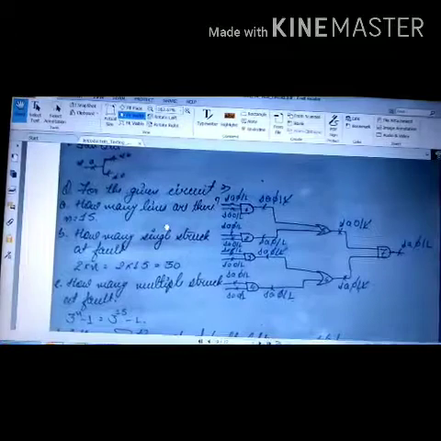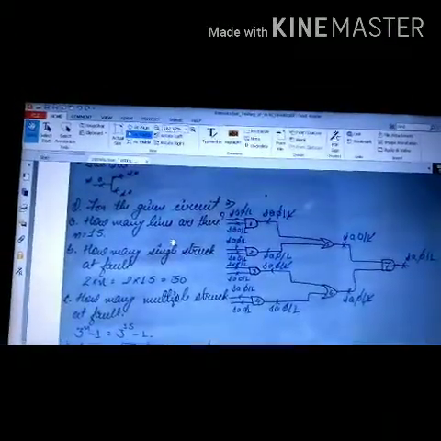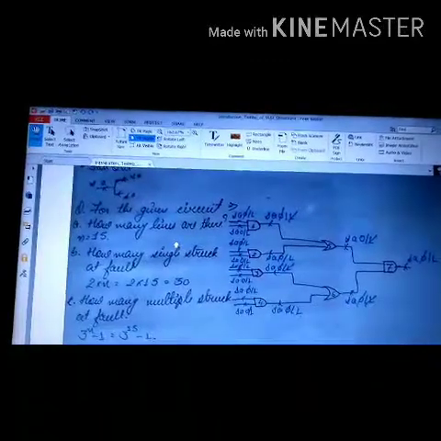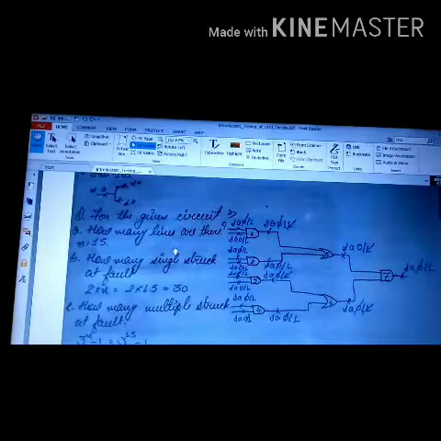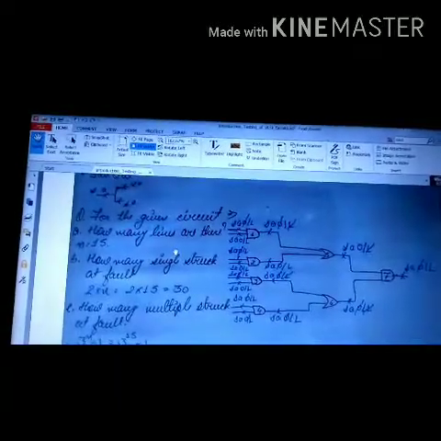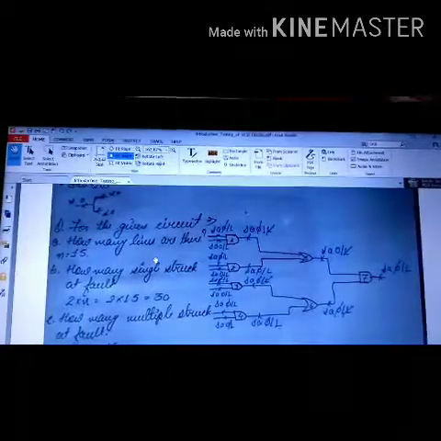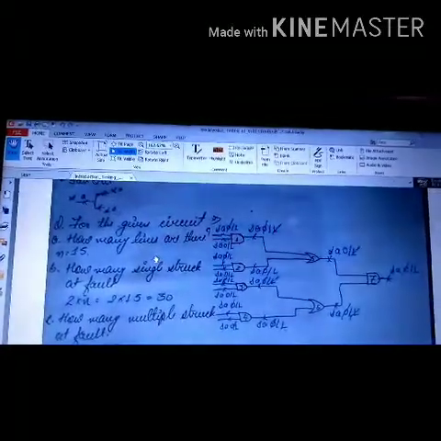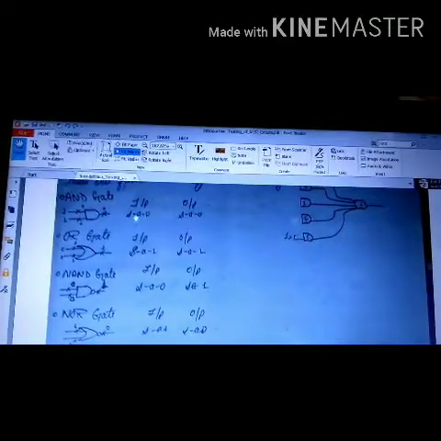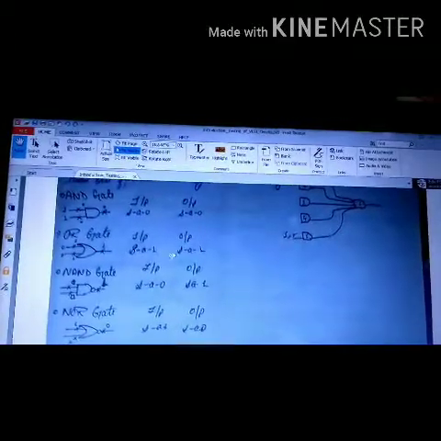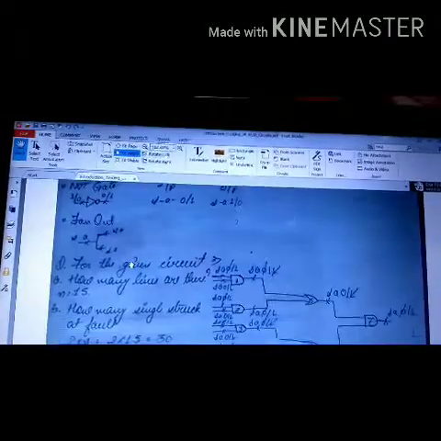In the previous lectures, we have studied different types of fault modelings: what is stuck at 0 and stuck at 1 fault, and fault equivalence in different circuits. We have studied the fault equivalence for different gates, as can be observed here, which fault is equivalent for AND gate and OR gate and so on for each and every gate.